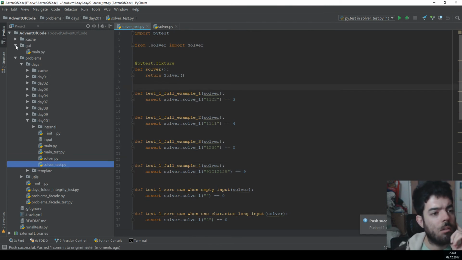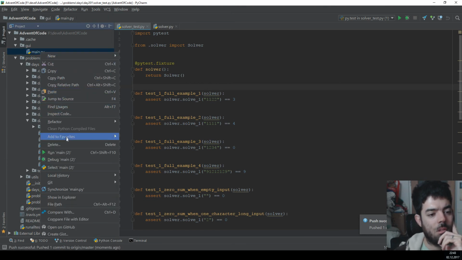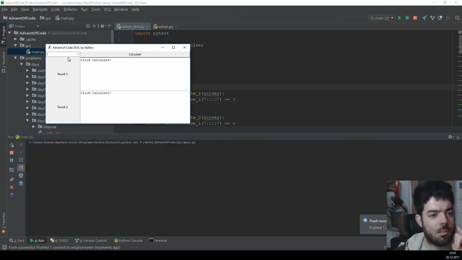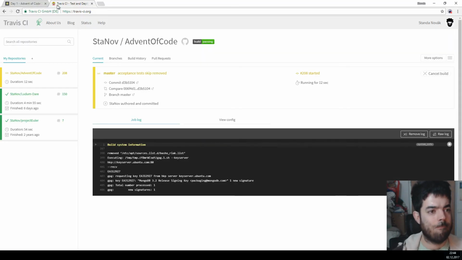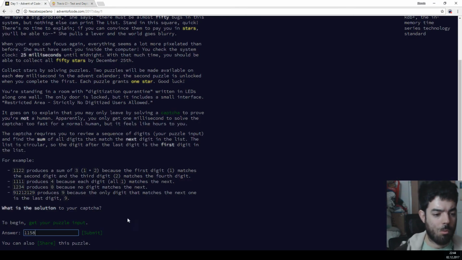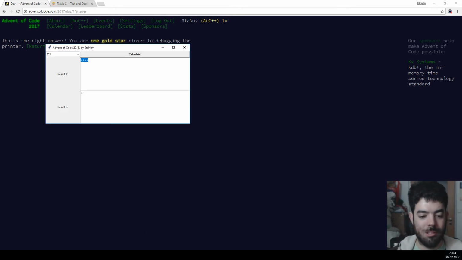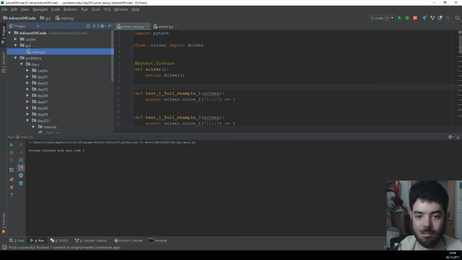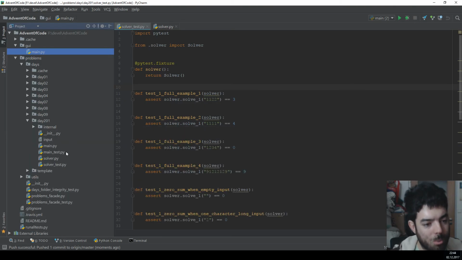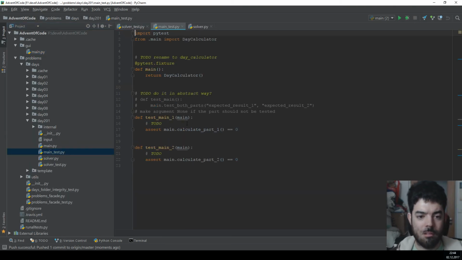And now I can open my GUI I made just for this. Open problem 201 and calculate 1158. Let's see. 1158. Submit. And there we go! 1 freaking star! 1158. So I'm going to put this to main test,